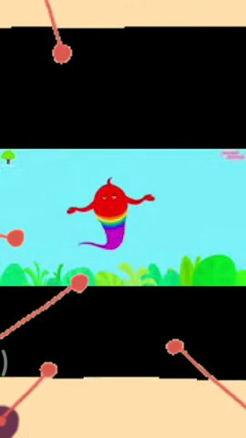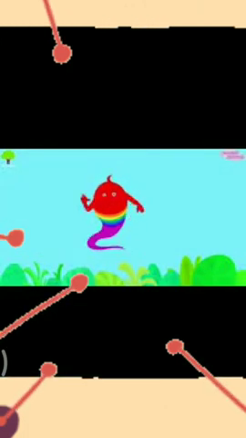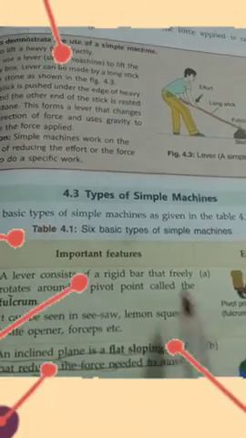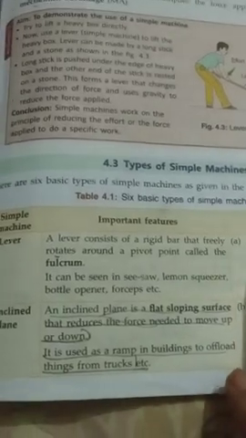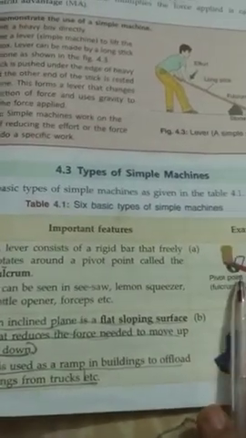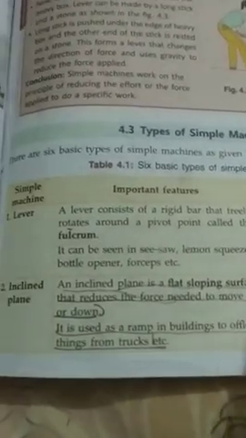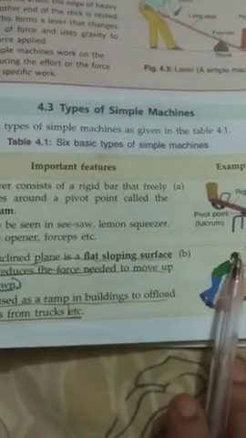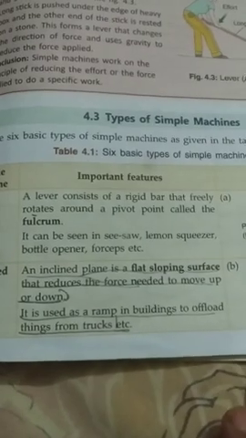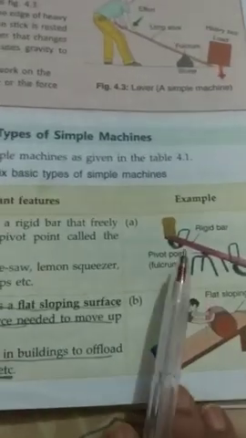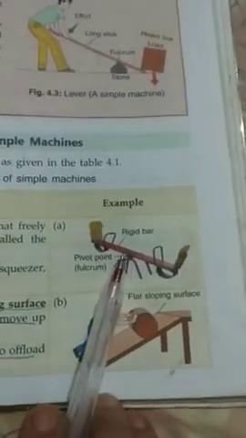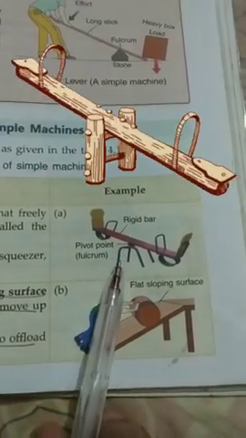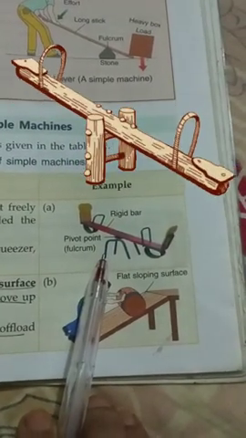Now we will discuss these simple machines through the book. Types of simple machines. There are 6 basic types of simple machines given in this table: simple machine, their important features and examples. Lever. A lever consists of a rigid bar that freely rotates around a pivot point called the fulcrum.